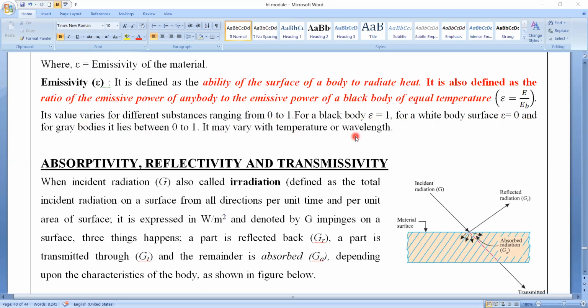Sometimes in competitive exams, they will ask, what is the emissivity of a black body? The answer is epsilon equals 1. What is the emissivity of a white body? The answer is epsilon equals 0. And what is the range of emissivity for a gray body? The emissivity ranges from 0 to 1. So this is for non-black surfaces. It may be a yellow surface, or red, or green, whatever it may be. So for non-black surfaces, the emissivity varies from 0 to 1. Is that clear? Okay, now let's continue our discussion.